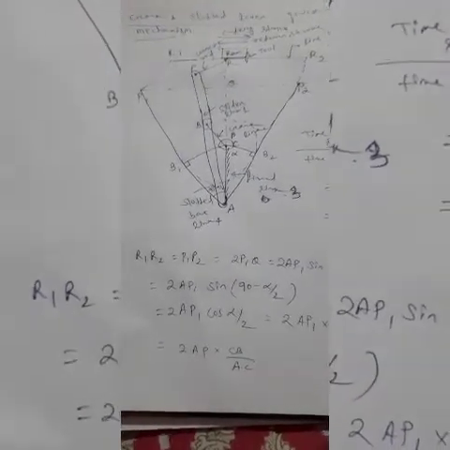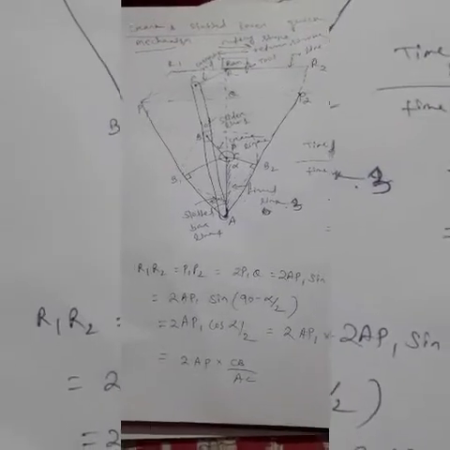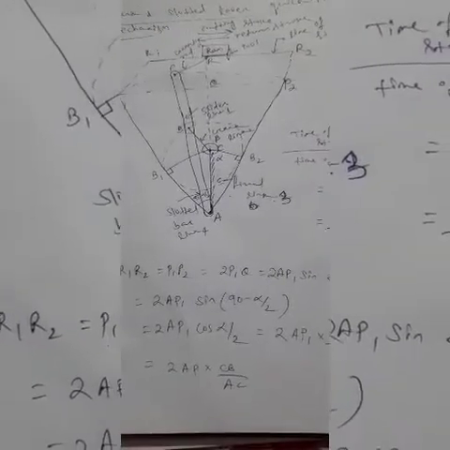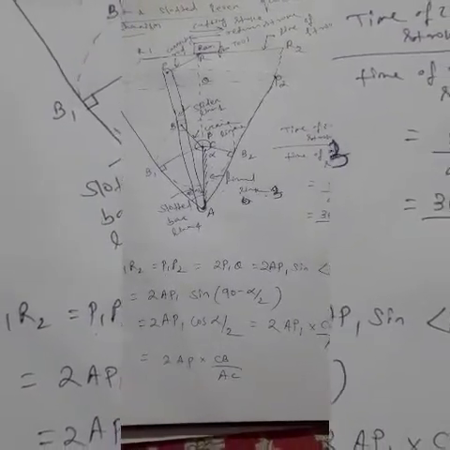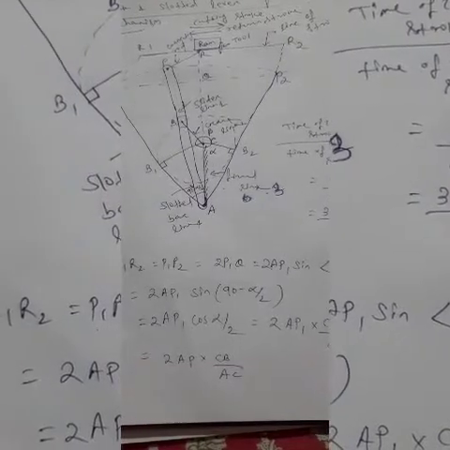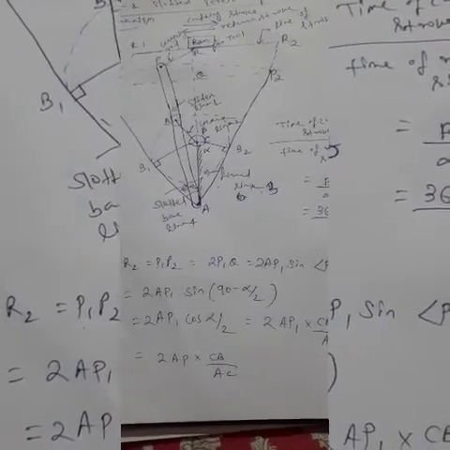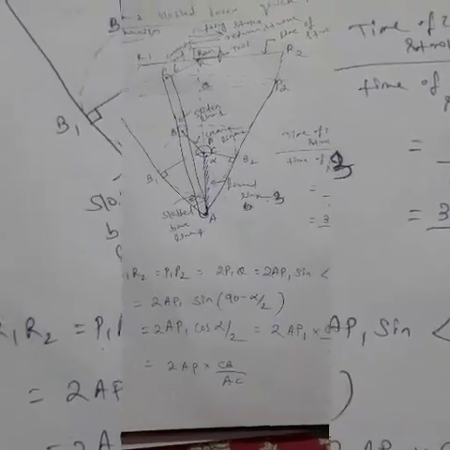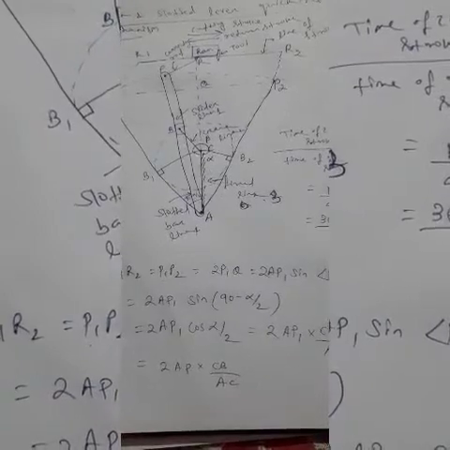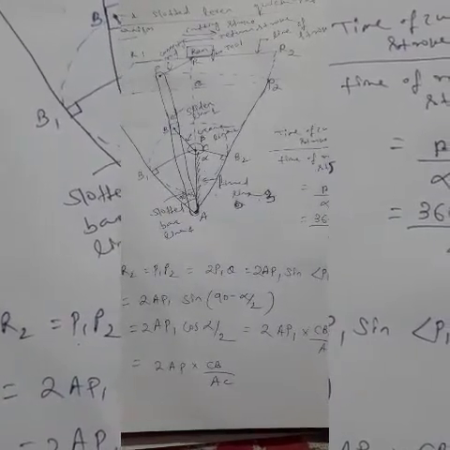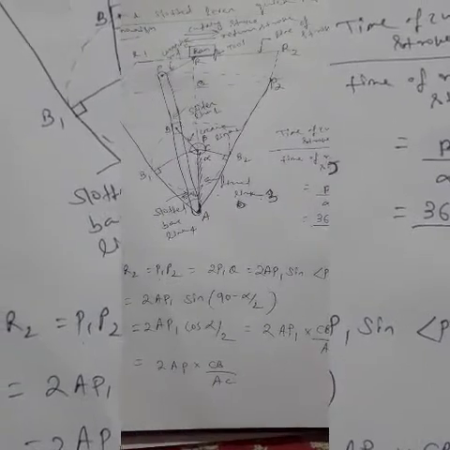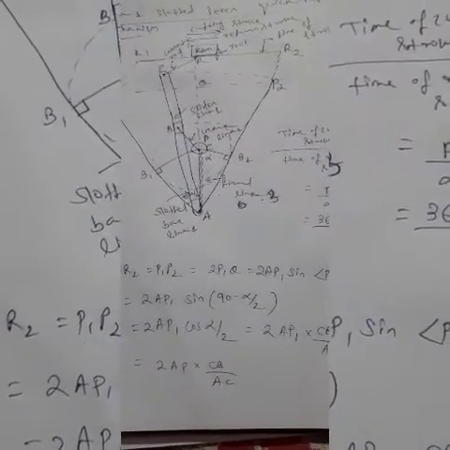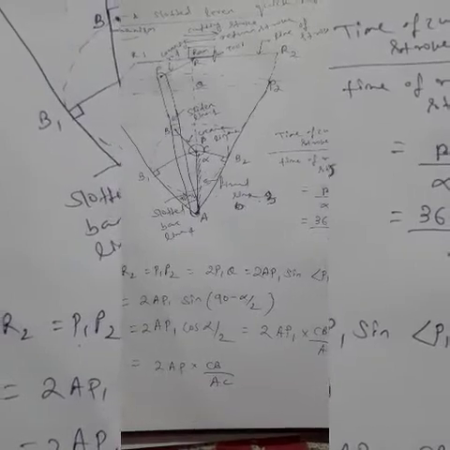Next, the crank and slotted lever quick return mechanism. This is basically used to reduce the time of the return stroke, because in the cutting stroke, the forward stroke, we require a longer time, but while returning the tool to its original position we don't require that much travel time. So basically we reduce the time of the return stroke. This is used in shaping and slotting machines.